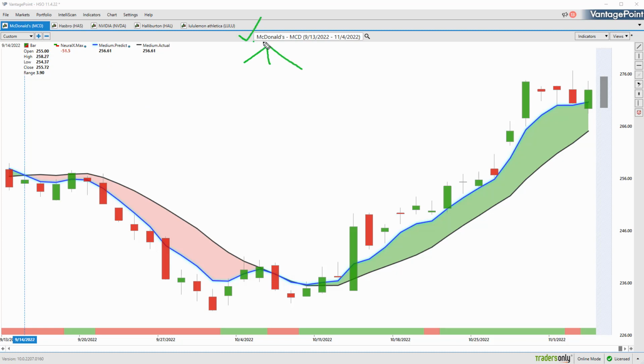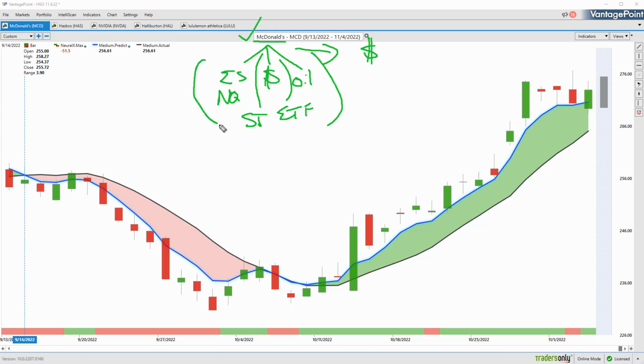Specifically, when forecasting for what we call the target market here, McDonald's, the software is going to look at other known markets that drive and influence the future price of shares of McDonald's. That can be things like the broader markets like the S&P 500 or the NASDAQ, but a lot of traders don't really appreciate how much things like the dollar index or crude oil prices are affecting trades within their portfolio. The software is able to understand a lot of very subtle relationships, whether in individual stocks or even ETF groups. So you're getting a very holistic approach, looking at the global marketplace and understanding how McDonald's is affected through short-term